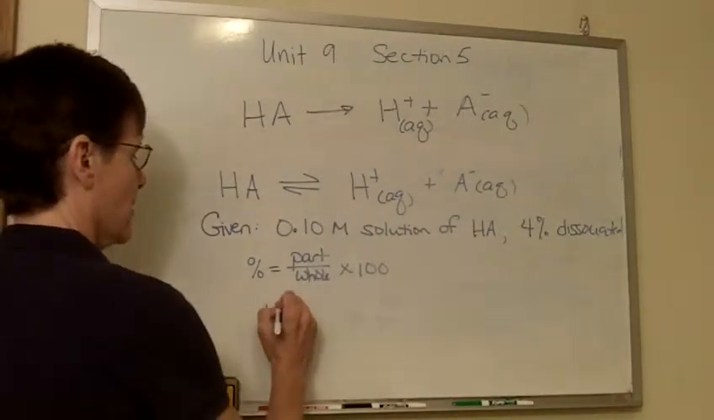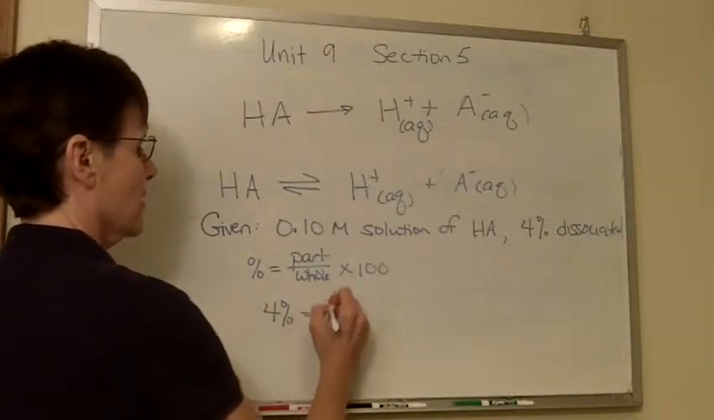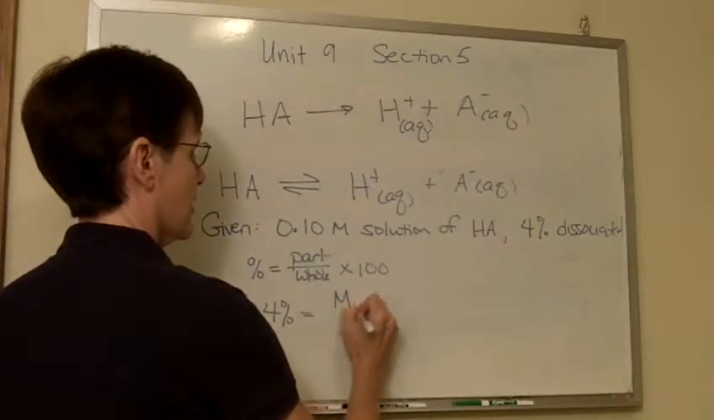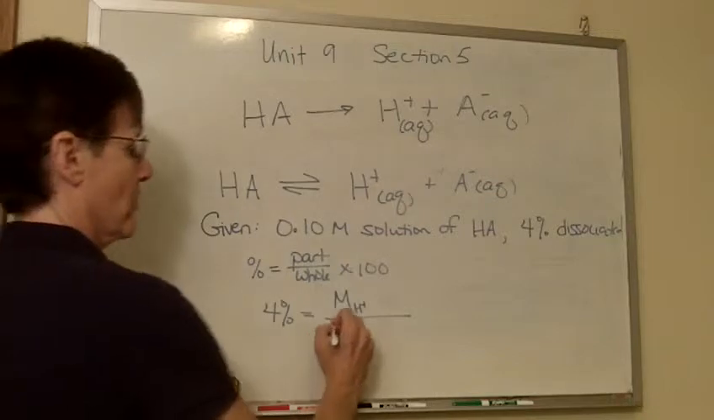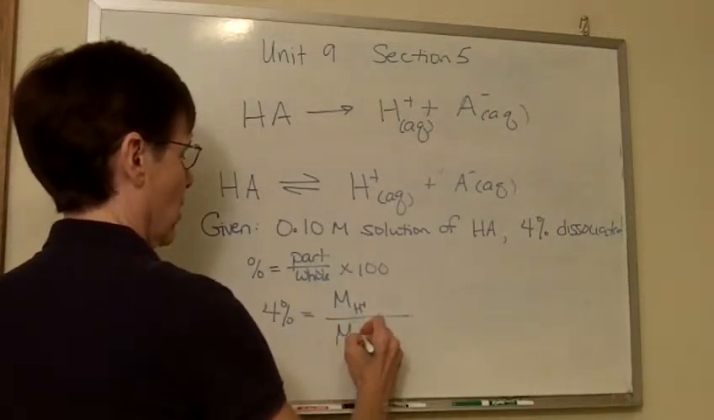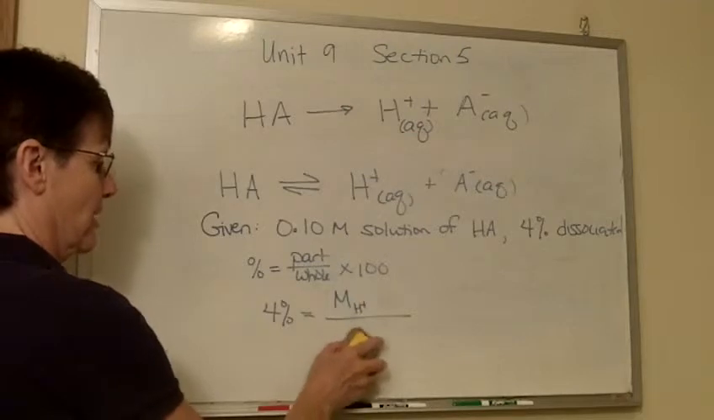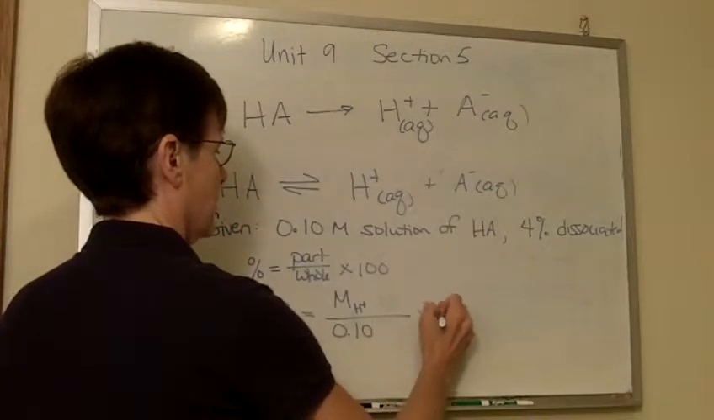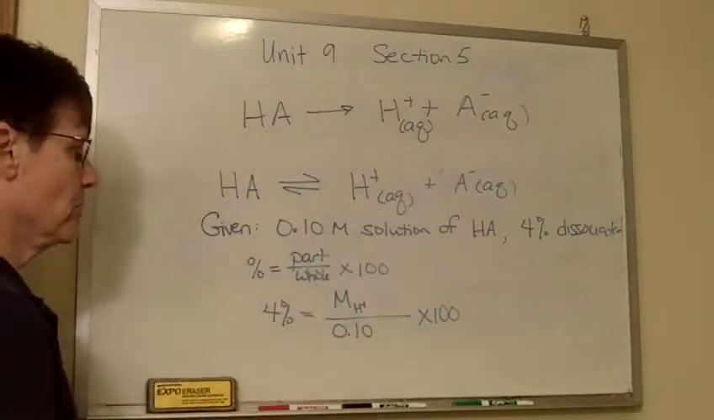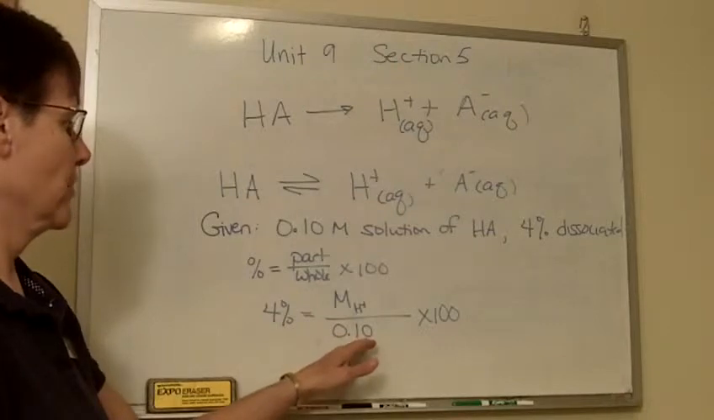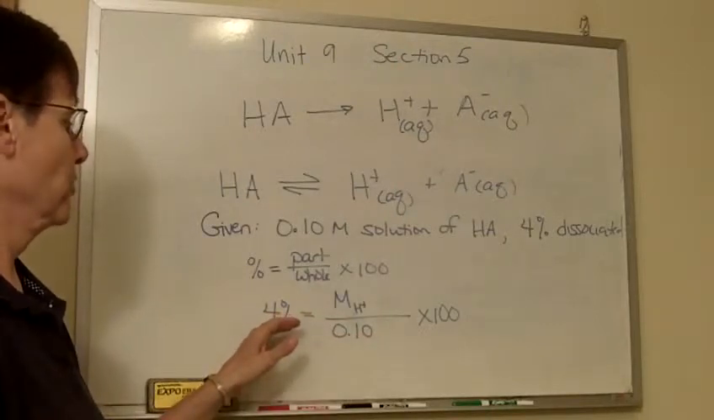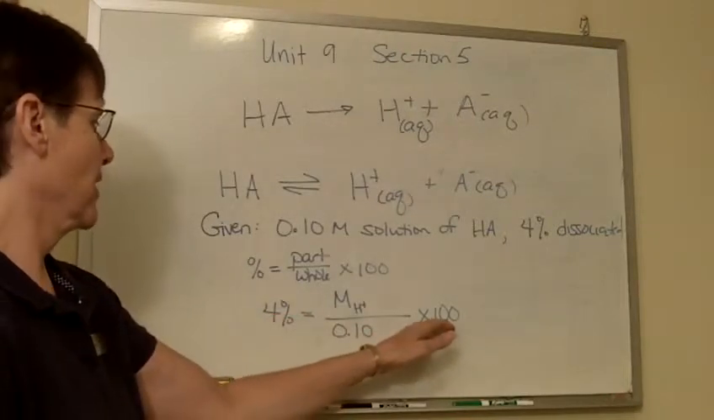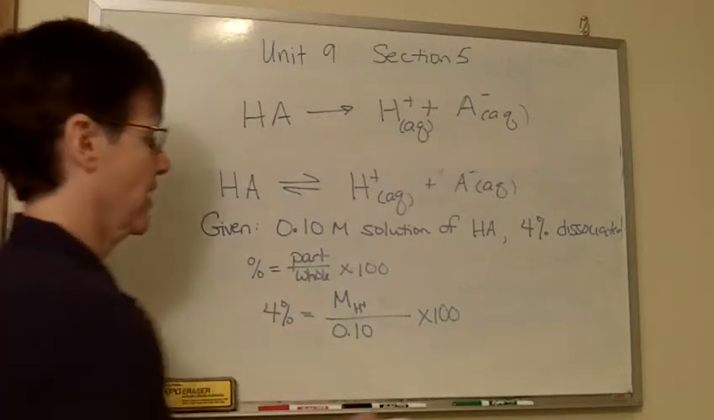So the percent is given as 4%, and that's equal to the concentration of H+. So I'm going to put molarity of H+ over the concentration of the whole acid, which was given. So I don't have to actually put this in. That was given. So that's 0.10. And then times 100. So if I do the math here, I'm going to multiply both sides by this. So 4 times 0.1 is 0.4. And then I will have to divide both sides by 100. So 0.4 divided by 100